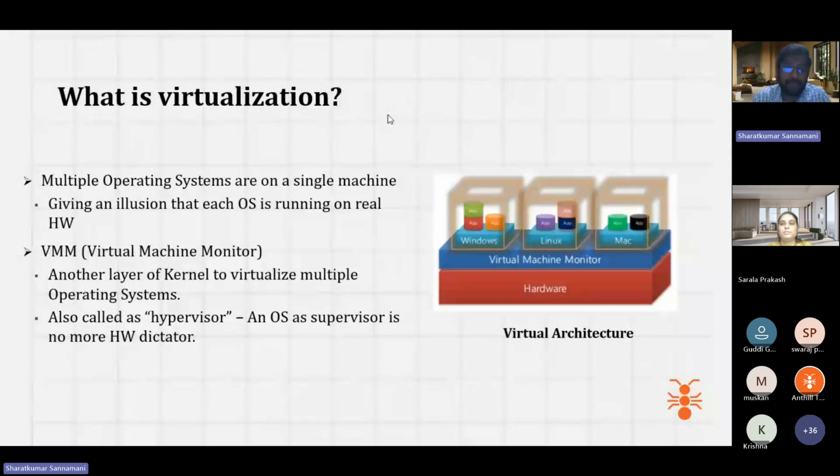Just to help understand what issue we actually had yesterday: all over the globe, whoever is running the Windows operating system, their operating system is not coming up, which means it is giving a blue screen. They are not able to log in to the Windows machine. So what is the reason? There is a tool called CrowdStrike, which is an antivirus kind of tool that they are running on their Windows machine. And because of some updates, that Windows machine went into the blue screen.